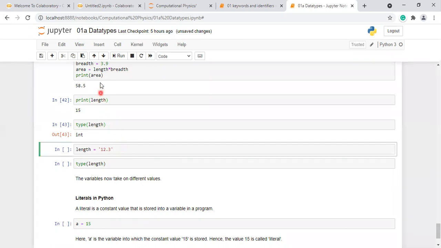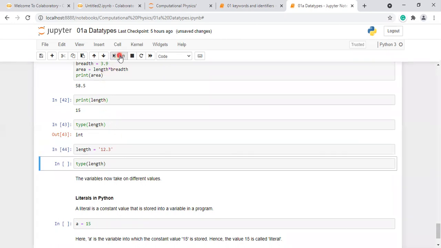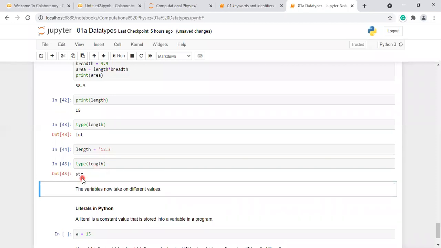So let me execute this. Now, what will be the type of this length? This variable length contains the string 12.3, so its type should be string type, not integer or floating point.